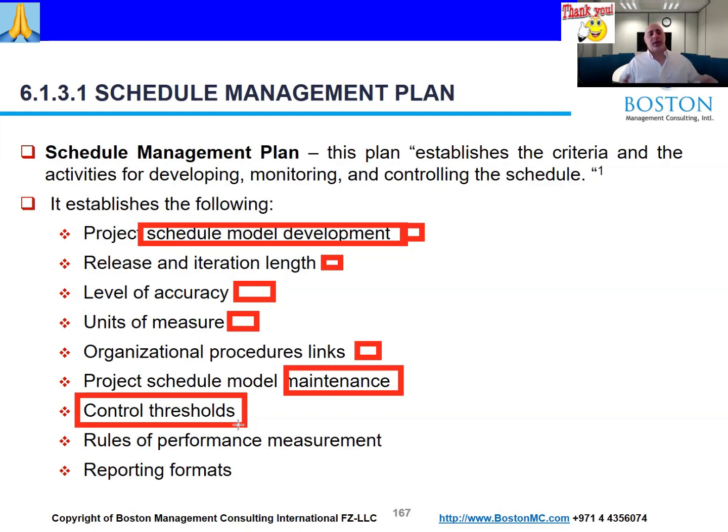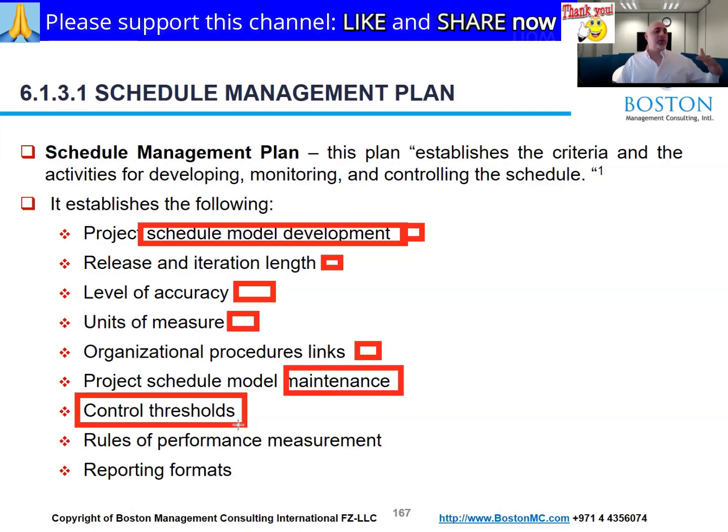On a larger project, let's say oil and gas installation, maybe you can talk about a month. If you think you're going to be 1 month late, then let us know, because we may have to arrange for other things. So these are the control thresholds, the notification point. Rules of performance management,